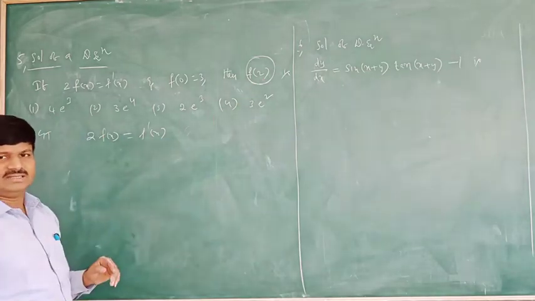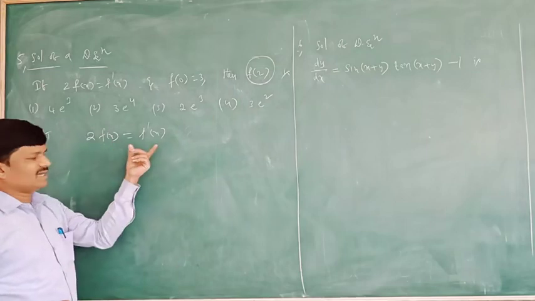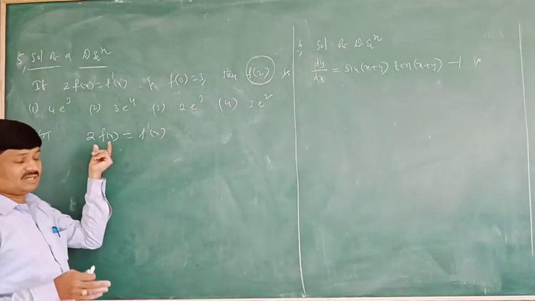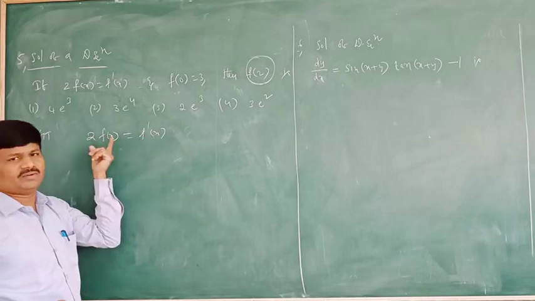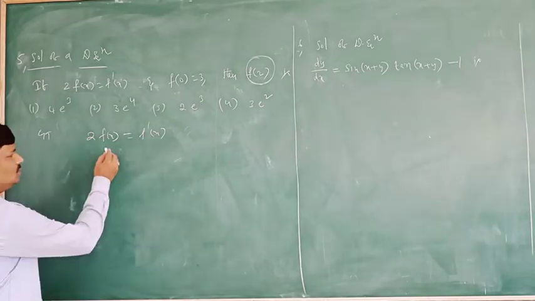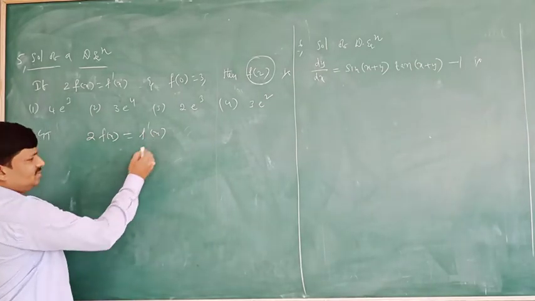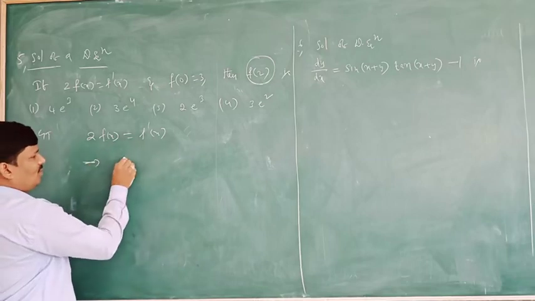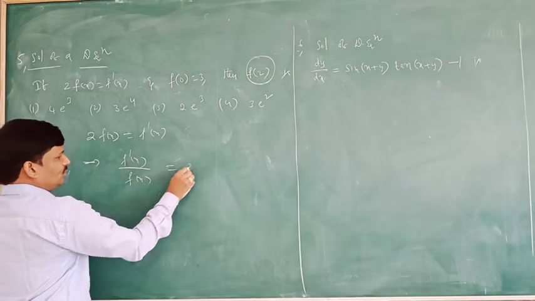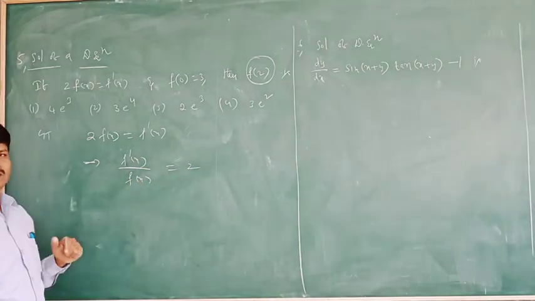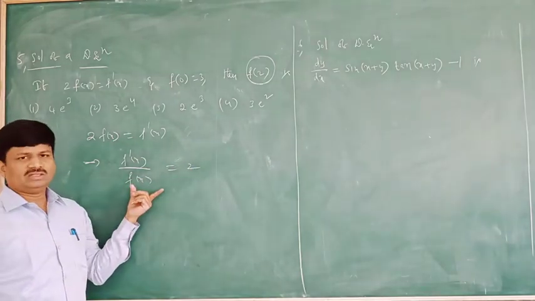I think it is very easy. Remember, here the function is not given. That is why, in the place of the function, simply f dash of x is given, the derivative of f of x. Now what I am going to do? This will transfer to this side. Just transfer this one. What will be? F dash of x by f of x is equal to 2, yes or no? Yes. We have to solve this equation.